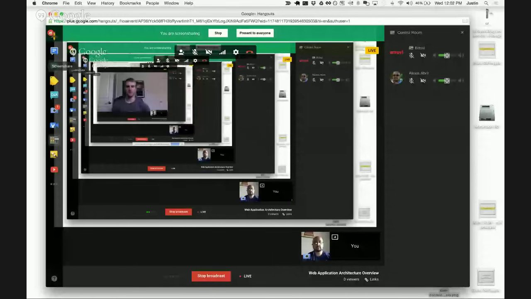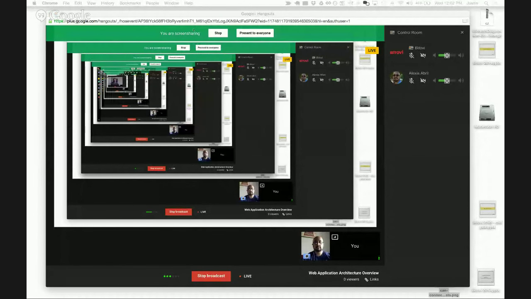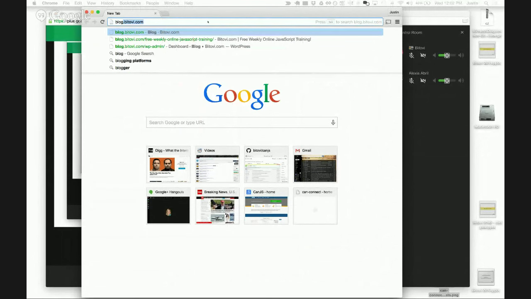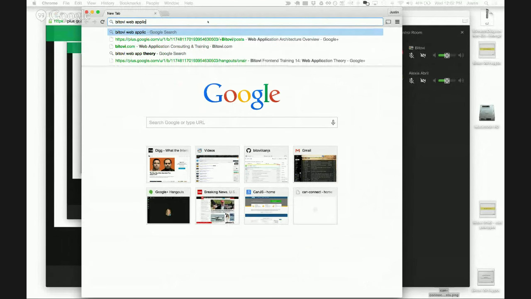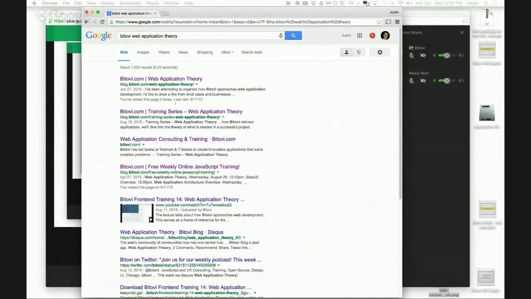Last week, if you remember, we talked a bit about web application theory. I went through, we're going to get recursive, hold on. Get rid of that. On Toby's blog, I wrote a blog post that we essentially went through that has a lot about what